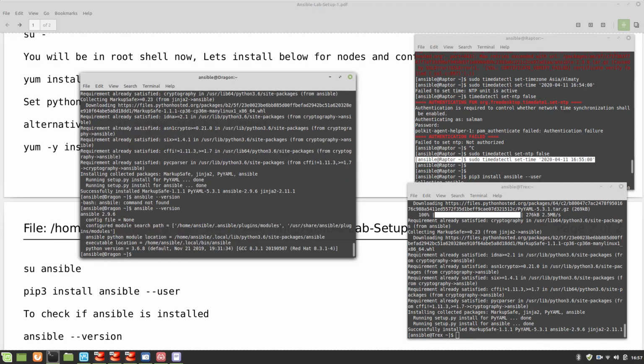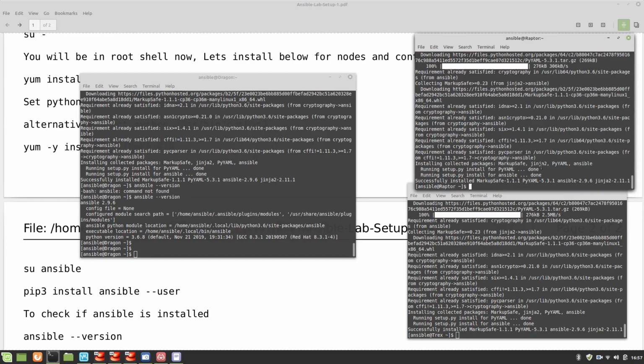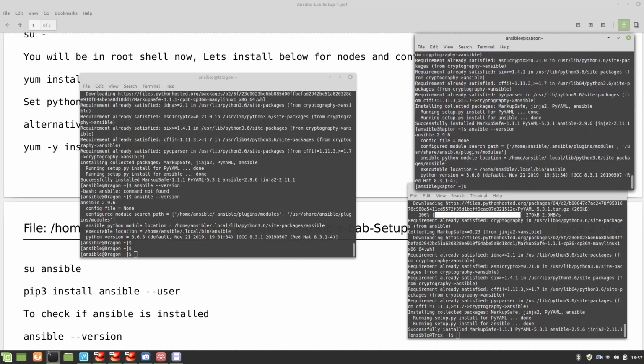It's Ansible version. And there we have it. It's working. It's 2.9.6. So perfect. Ansible is working over here. Let's check Ansible --version. Good enough. And on our T-Rex,